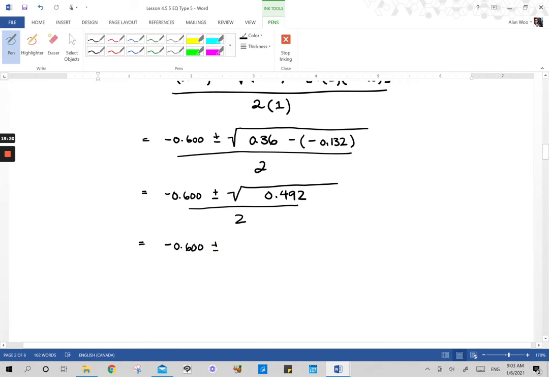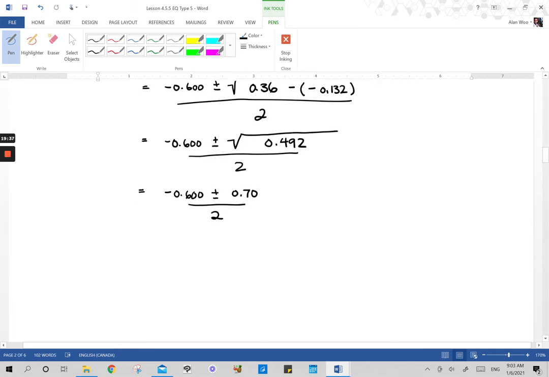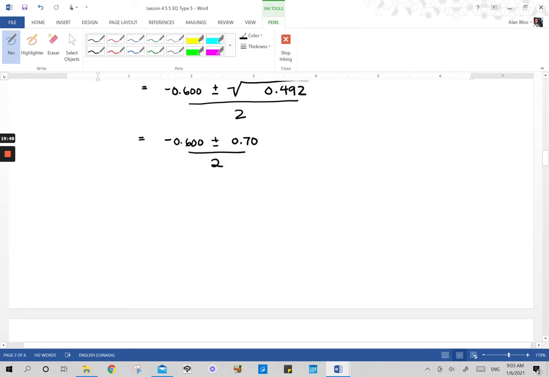It turns out that the number equals 0.70 divided by 2. Okay, so we've now simplified the numerator. At this point here, there's 2 possible solutions for x. Okay, because of the plus minus sign, we can split this